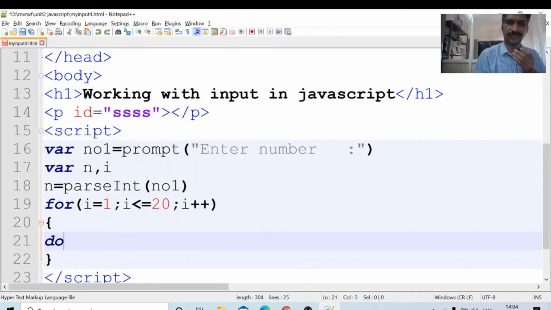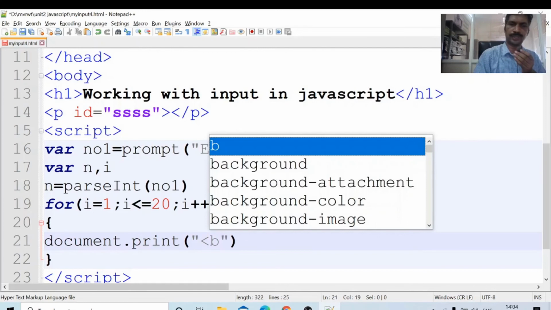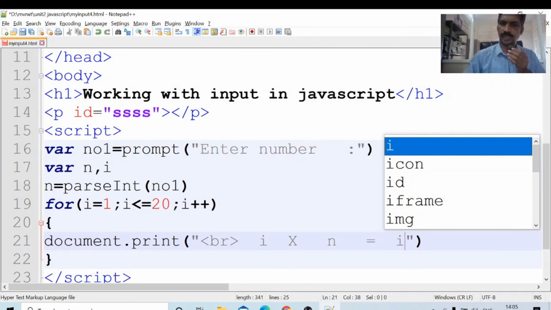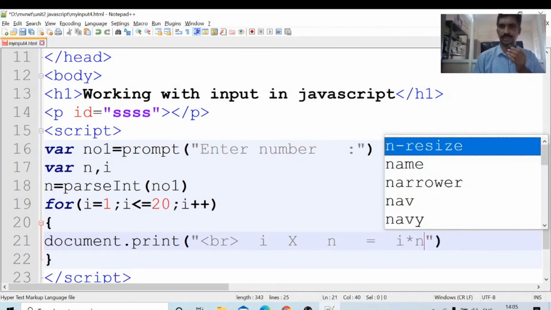document dot print. What does it have to print? document dot print, first br, because every time I am expecting a new line, that's why br. Then i into n equal to i star n.